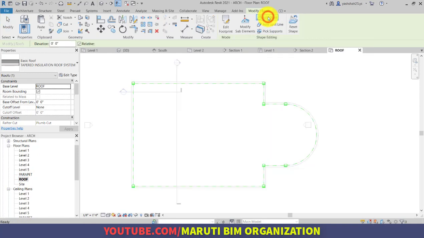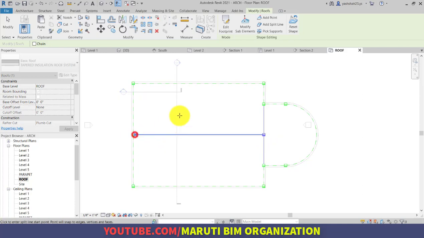So I'm clicking on add point, and here there is an option of add split line. So I draw the split line, one here, another here, and one here. So these are the split lines that I have added.